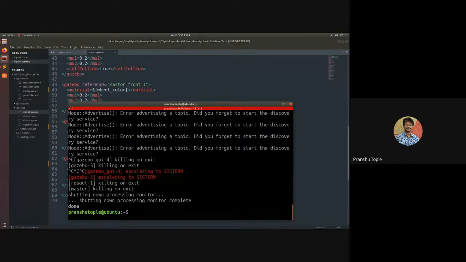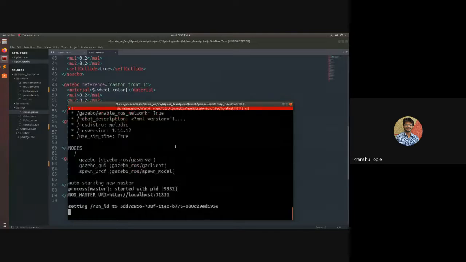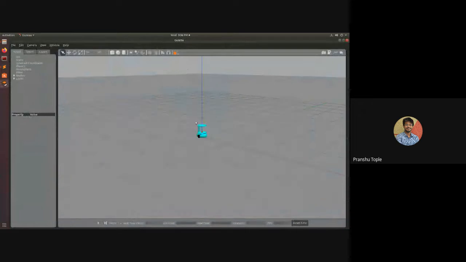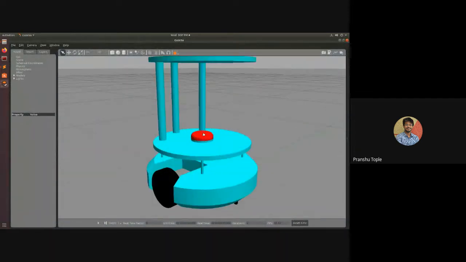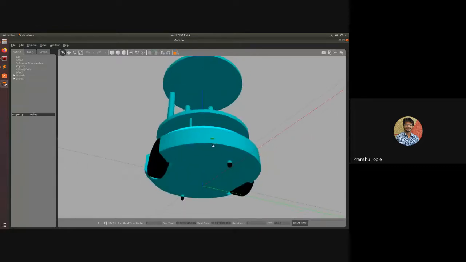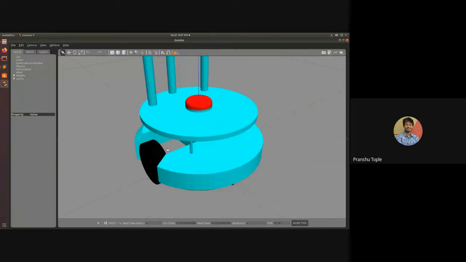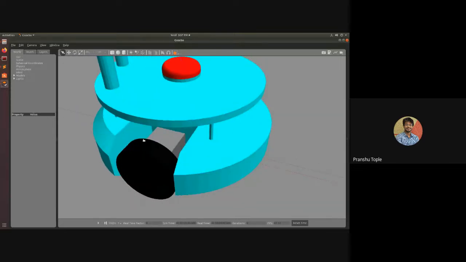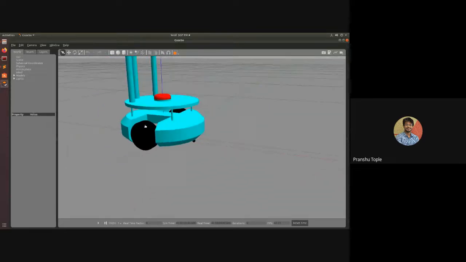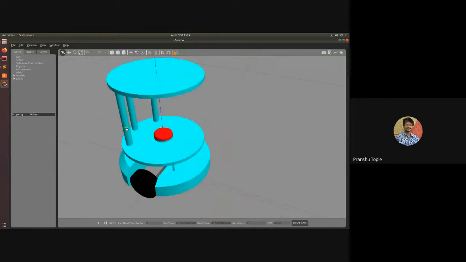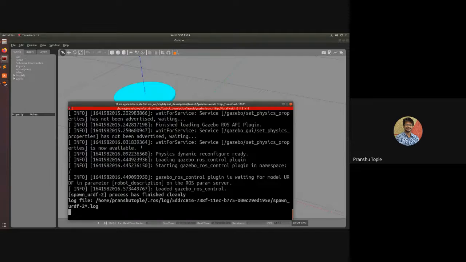Okay, now if I open gazebo.launch, I have saved this. See, our robot is in turquoise color, the LiDAR is in red color, wheels and casters are black in color, and the motor inside is gray in color. So this is the motor inside, which is gray in color. I want the motor to be dark gray now, and this turquoise is very bright. I don't want it so bright. If any one of you wants it, you can keep it.